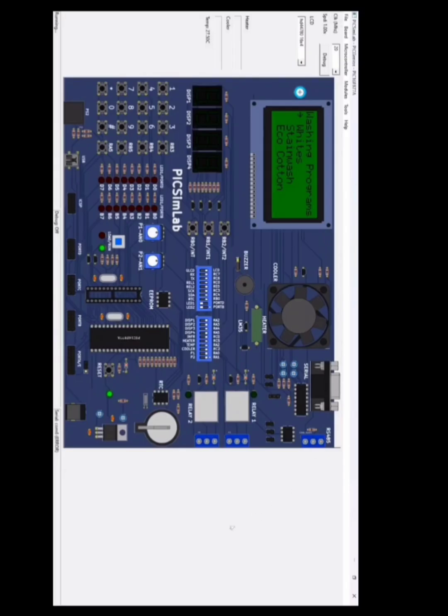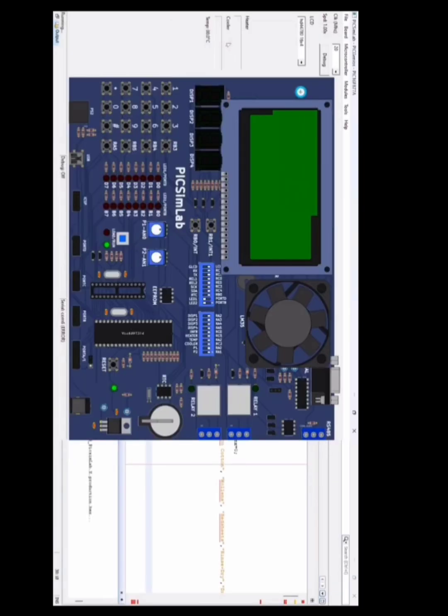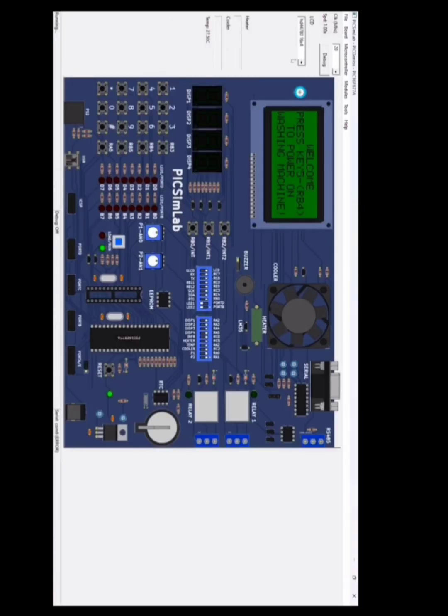This is the code part. This is the platform PICSimLab board. Now here we will go to board and we will select this PICGenios option. Click on this so that it will start. Then we will go to microcontroller. Click on